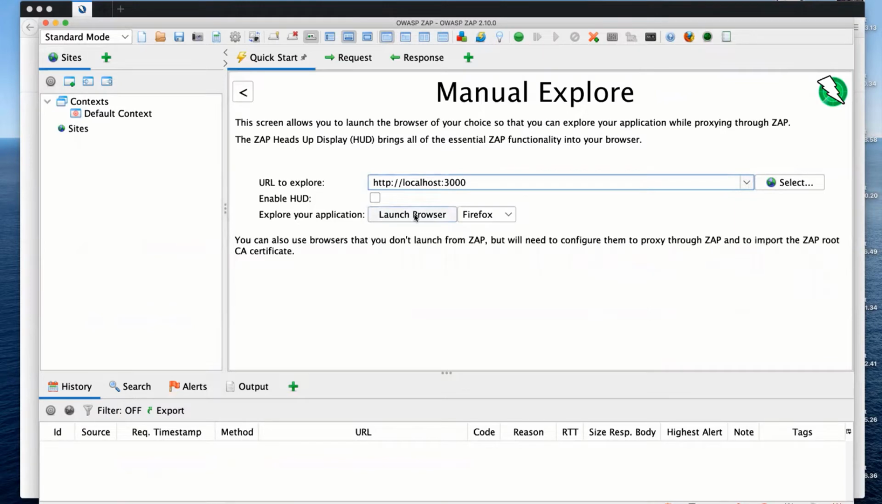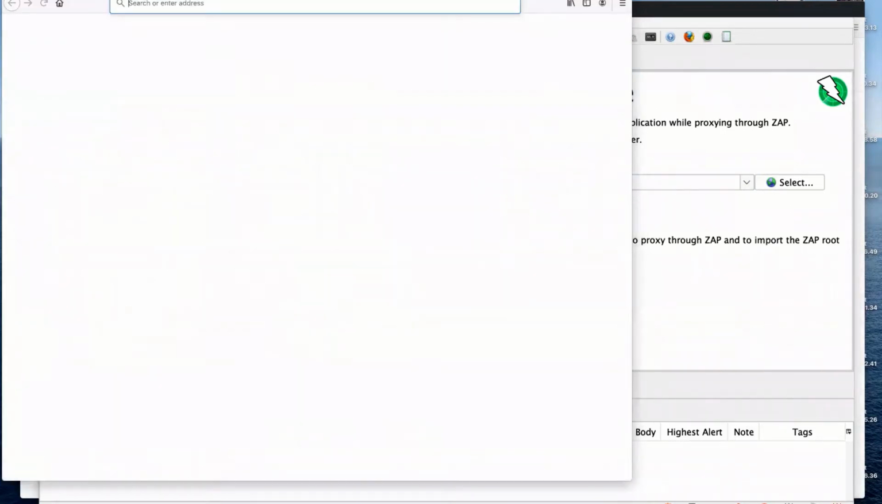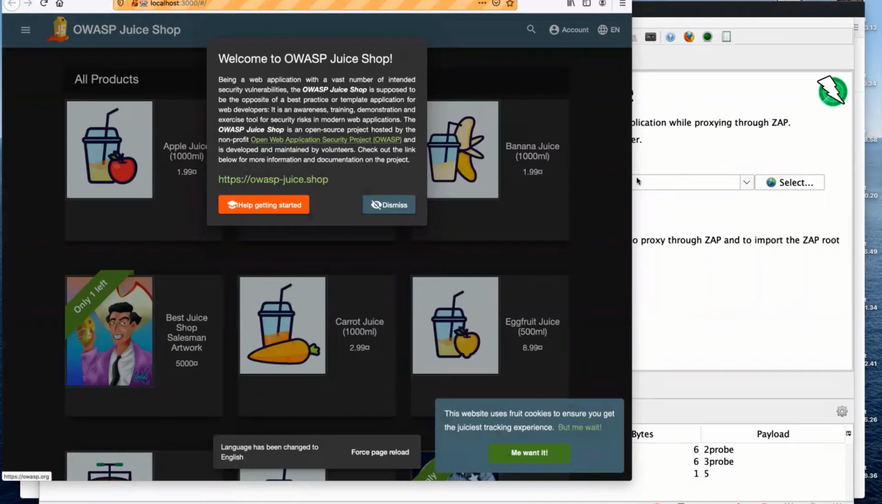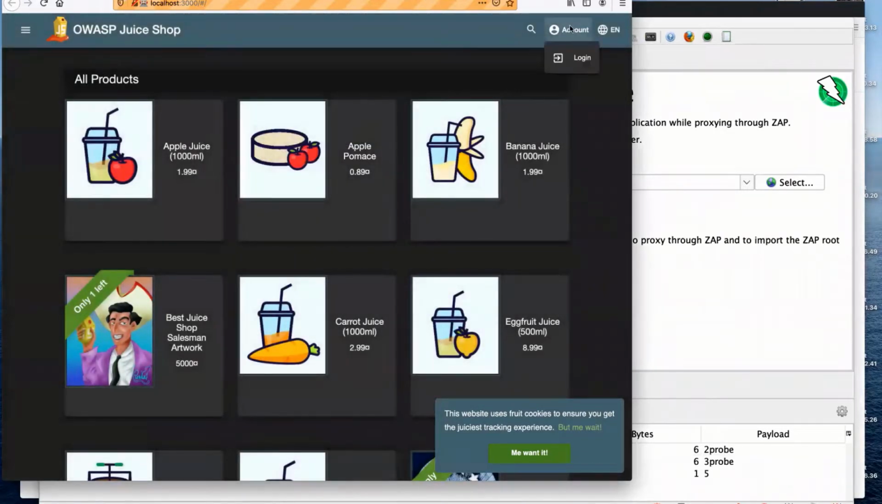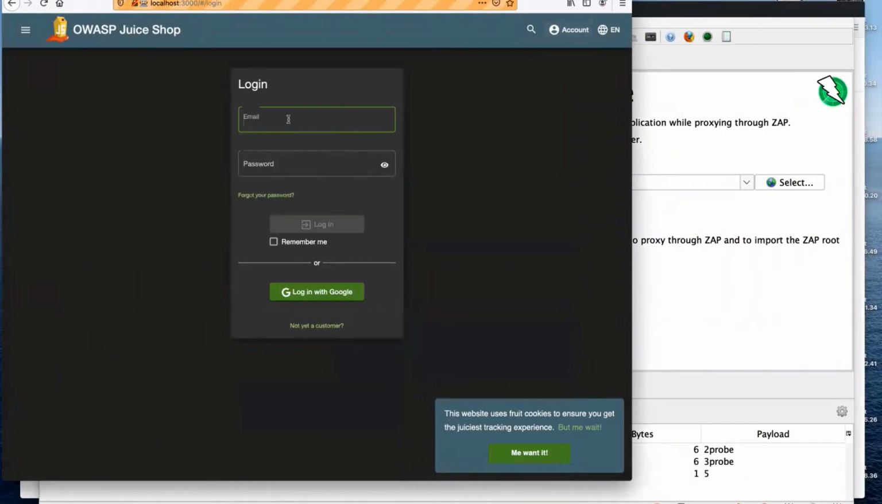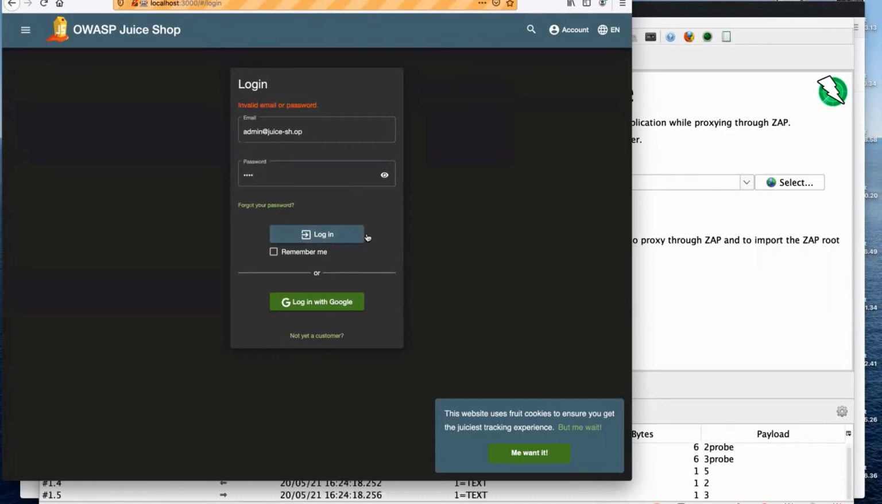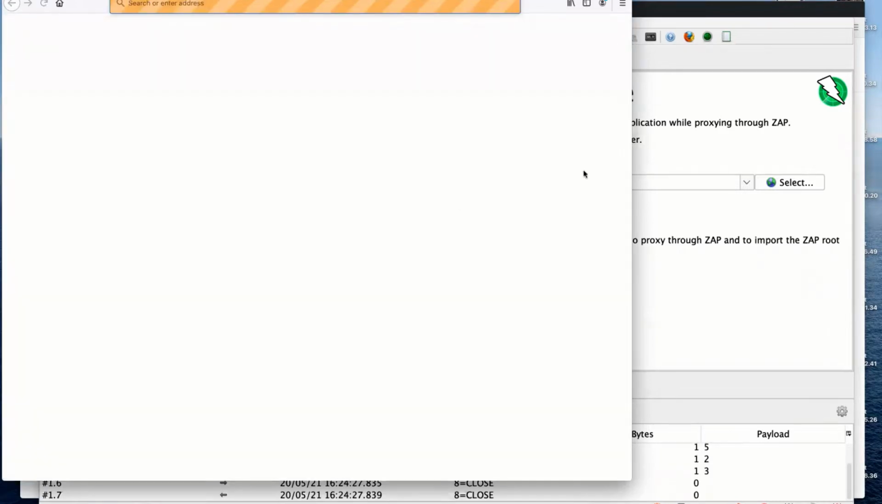I don't want the HUD on this time. So I'll just launch Firefox. And what I want to do is, one of the challenges is to log in as an admin account. And the admin account is admin@juiceshop-sh.op. And you don't know the password, so I'll put something in there, test, and that'll fail. If you want to solve this challenge without any help, then do so before you watch this video. So I've made that request,